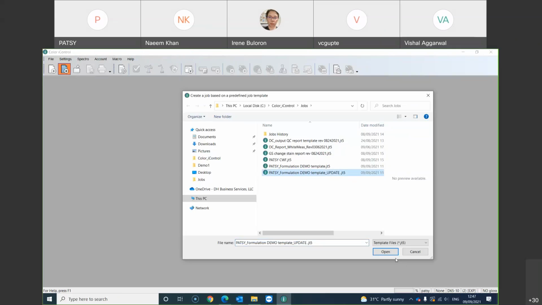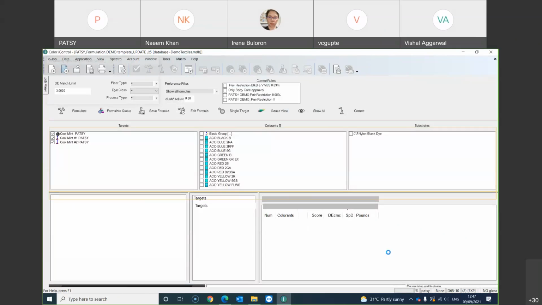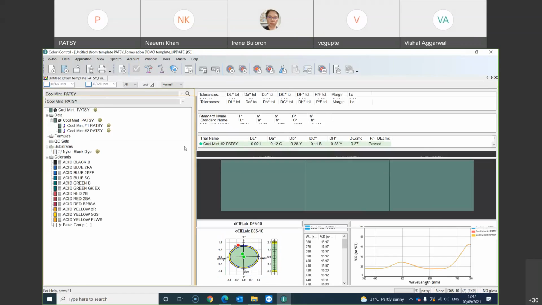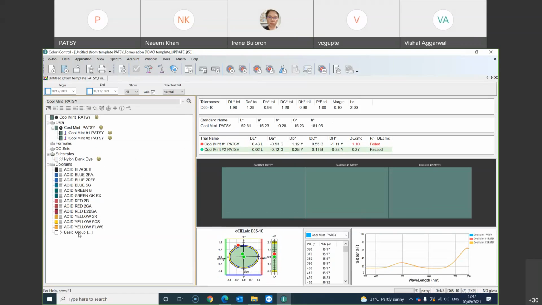Just open the new one from my updated template. So what else can you do under the job template? If you go back to the QC, most of the time you put in the colorants. So let's say you have new colorants that you want to add in. How can you arrange the shades one by one? Because all the time when you create a new one, when you call a new one,